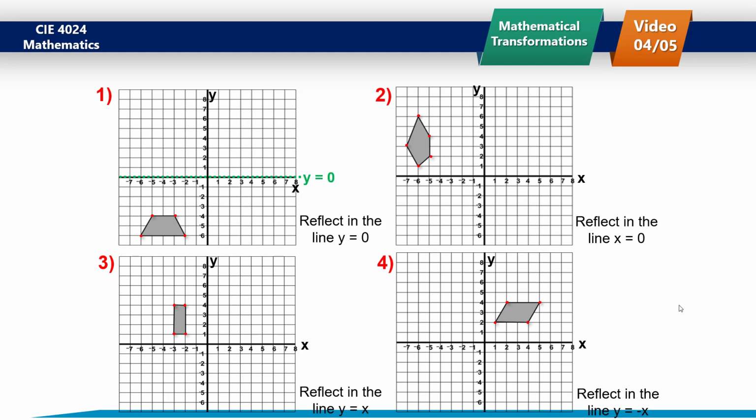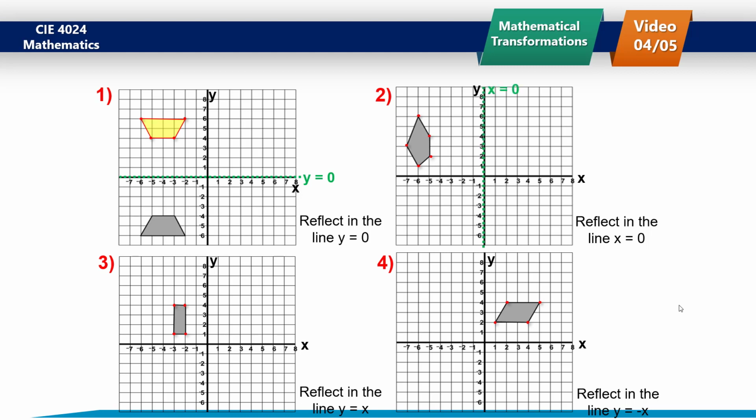Taking any vertex, we will measure the perpendicular distance. Remember, you have to measure the perpendicular distance, not in the horizontal direction, not in the vertical direction. It can be in any direction, but it should be perpendicular to the mirror line. Take this distance, it is 4 units downward, so we have to move 4 units upward. Take the second point, again it's 4 units downward, so we move it 4 units upward, in the opposite direction of the mirror line. The third point was 6 units downward, so it moves 6 units upward, and the fourth point as well. Now if you join these points, we have the reflected image.